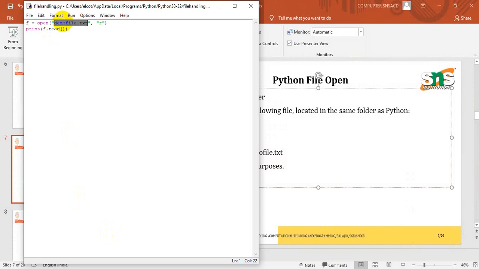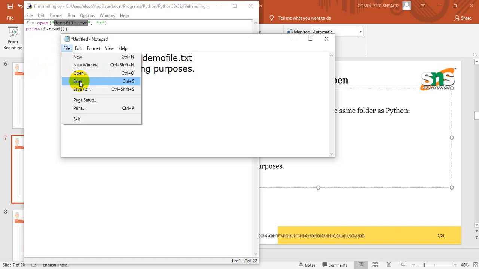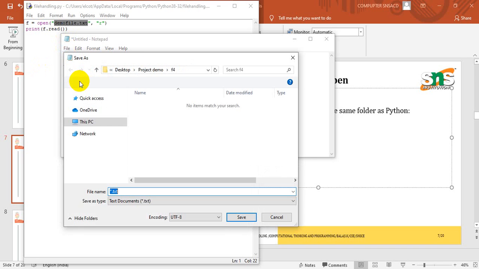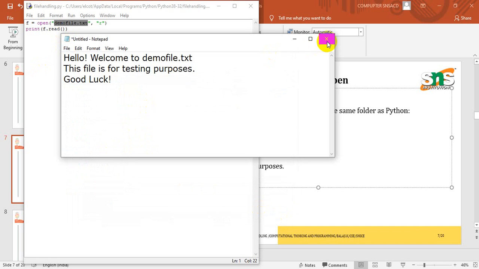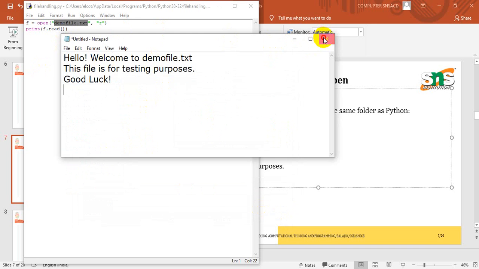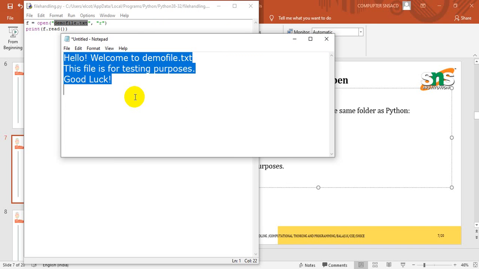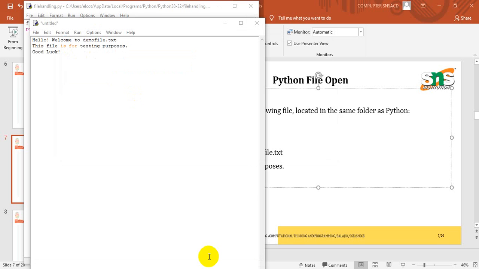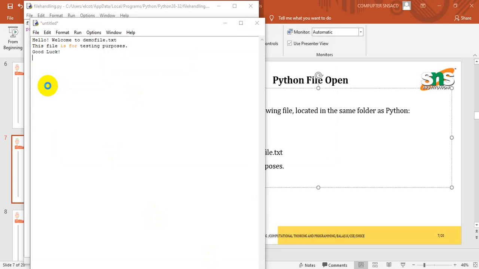I'm copying the file name here, then go to File, Save, and it should be saved in the Python folder, right? I just want to create a text file, so I copy the content and save the file.